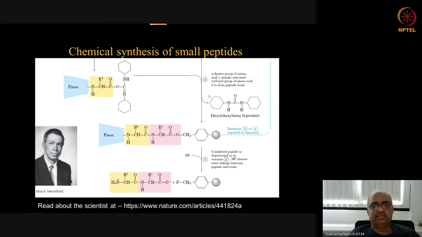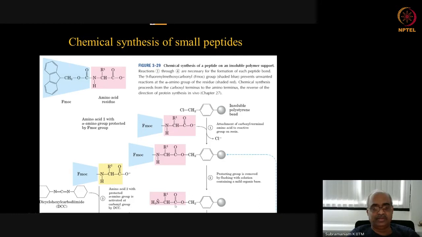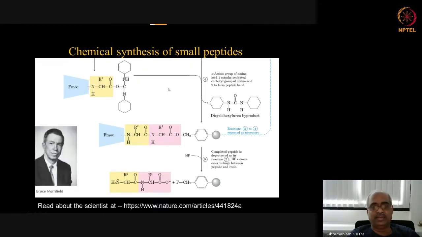And this then is combined with this amino group here, and after the reaction it becomes the dicyclohexyl urea, and you have this carboxyl group attached to the amino group here. Okay, this is the first amino acid and this is the second. Now using hydrofluoric acid, finally, after this is repeated, the third cycle will be, again you need to deprotect this